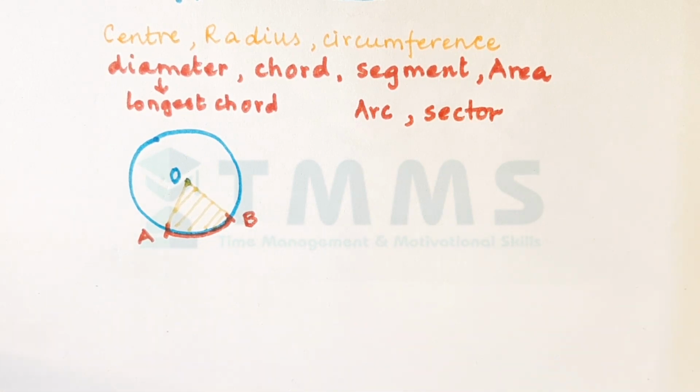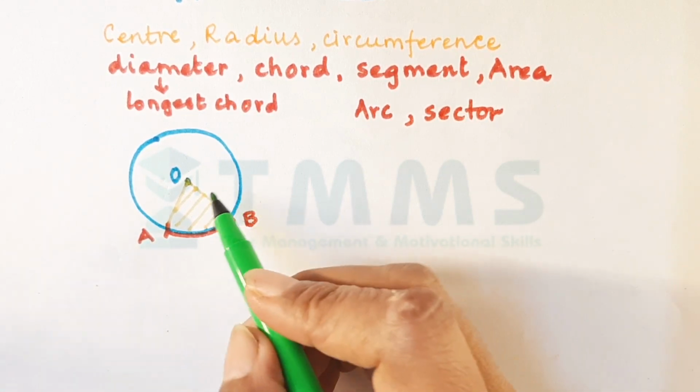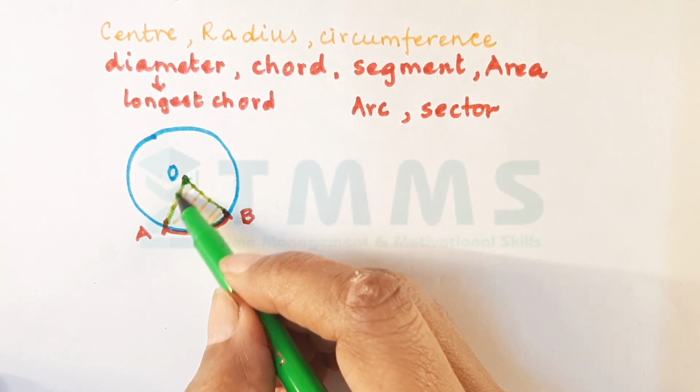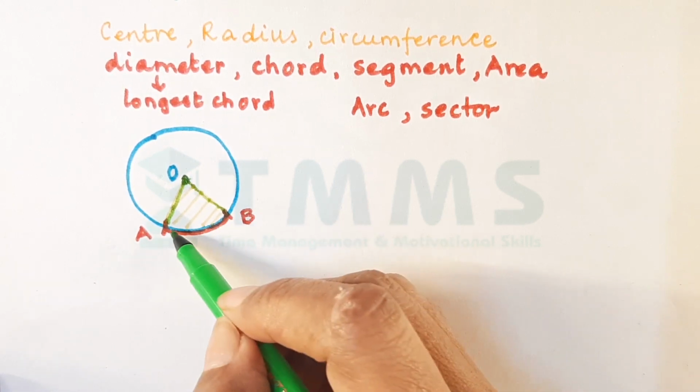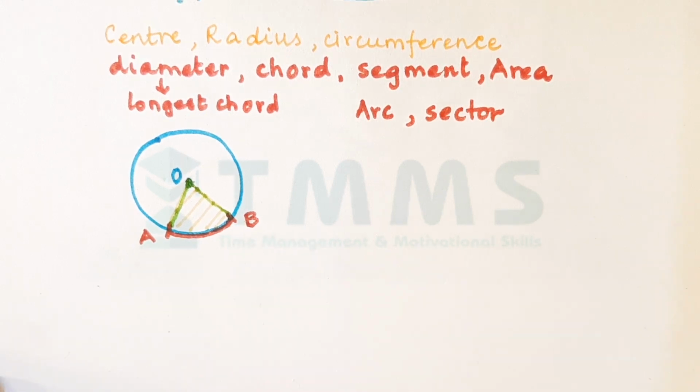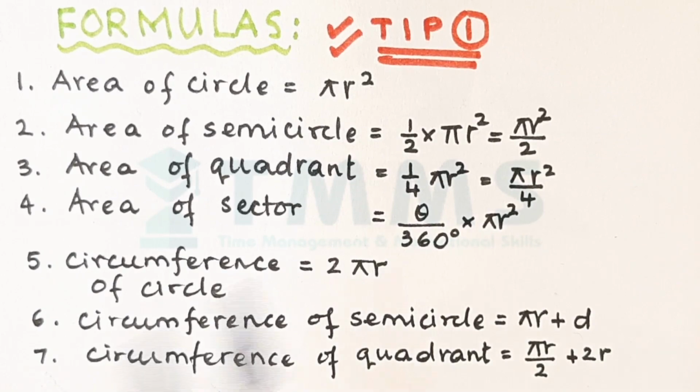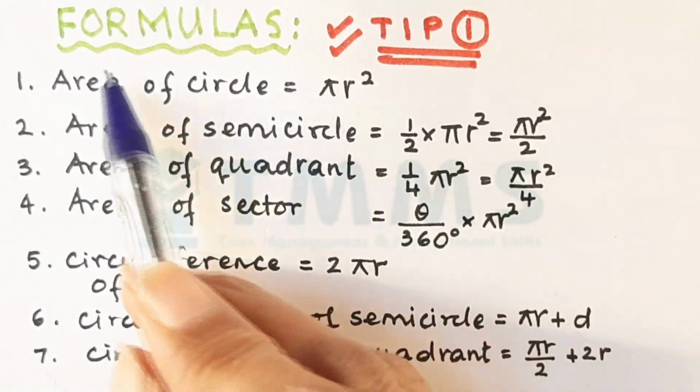So what is a sector? Sector is the area of the circle which is bounded by the two radii and the arc of the circle. Now that we've understood the basic concepts, the most important thing, that is tip number 1, is to know the